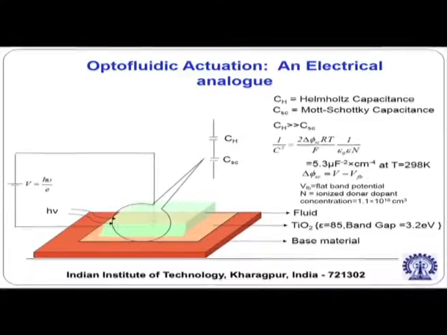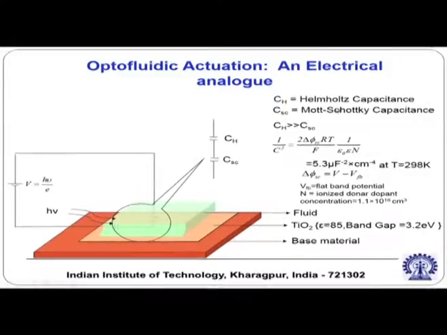Now you can make an electrical analog of the system by considering what voltage is being applied across an equivalent capacitor. The voltage is h nu by E, where E is the charge of the electron. So that is the equivalent voltage. Capacitors, there are two